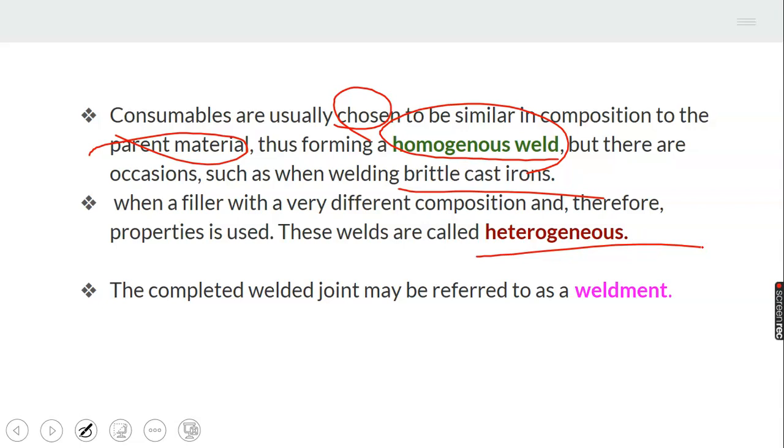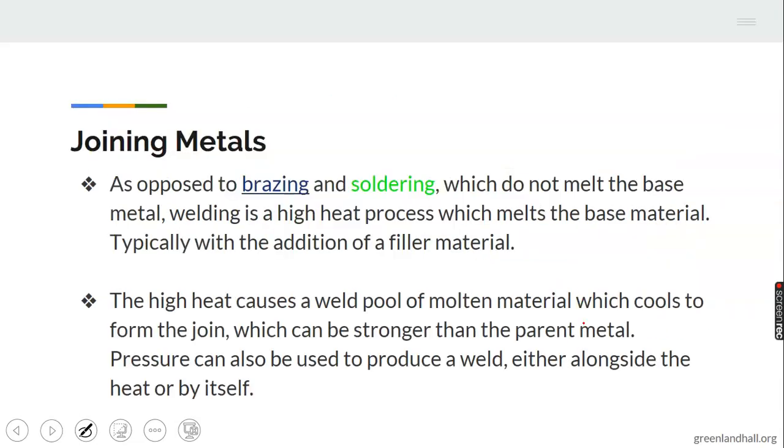Now, the completed welded joint may be referred to as a weldment. Joining metals, as opposed to brazing and soldering, we do not melt the base metal. Remember we talked about soldering, we talked about brazing. They do not melt the base metal. But when they involve a very high heat process, it does melt the base material. Now, the high heat causes a whirlpool of molten material which cools to form the joint, which can be stronger than the parent